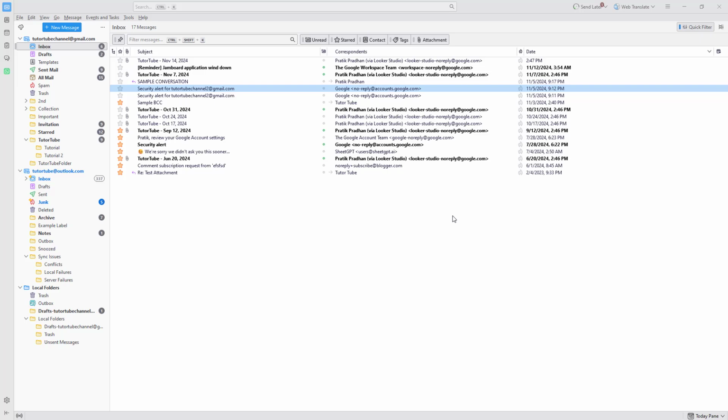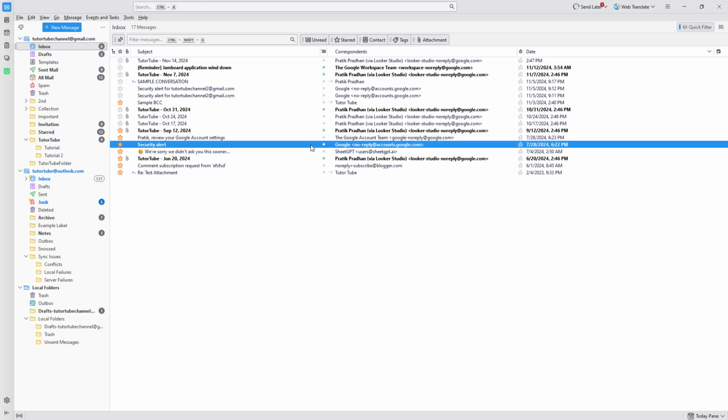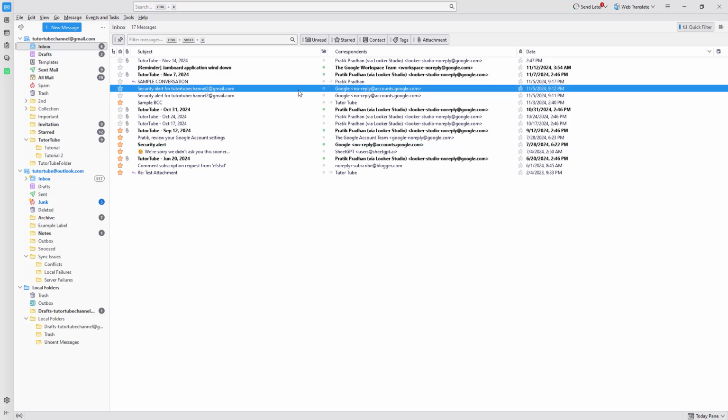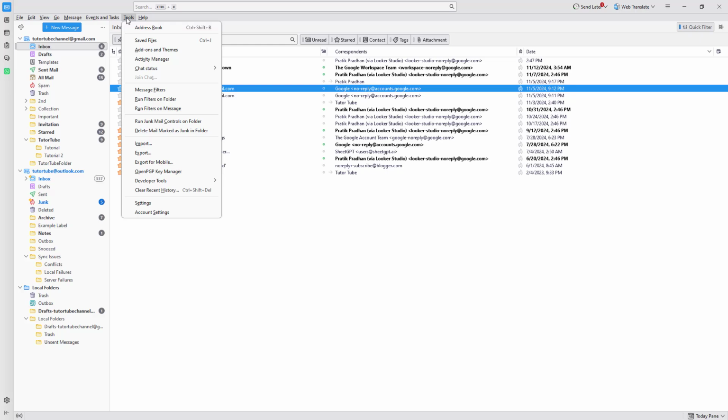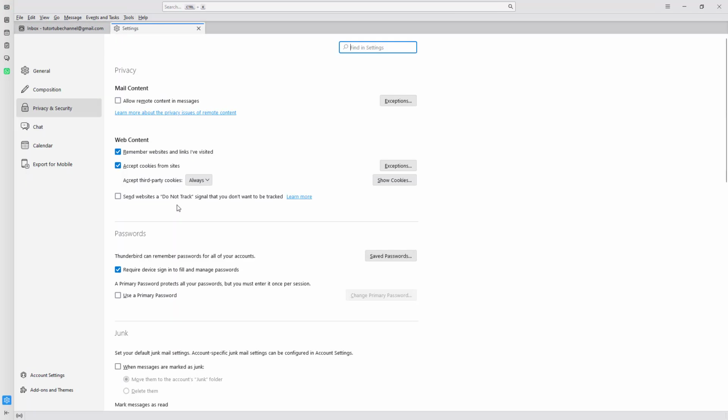So sometimes you may want to add notes to specific emails inside of Thunderbird. To do that, you first need to add an add-on called XNote. To do that, go to the Tools menu and then go to Settings right here,